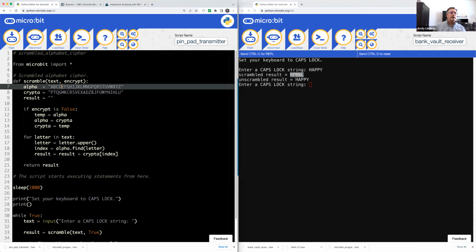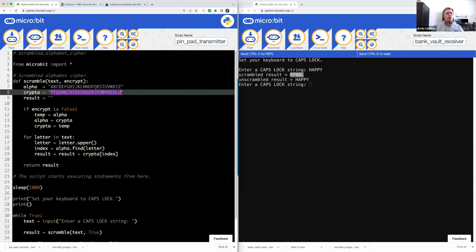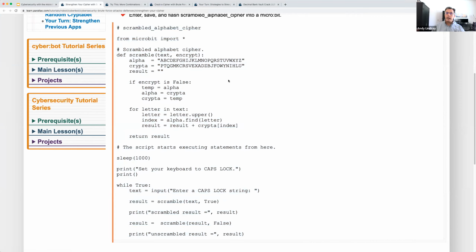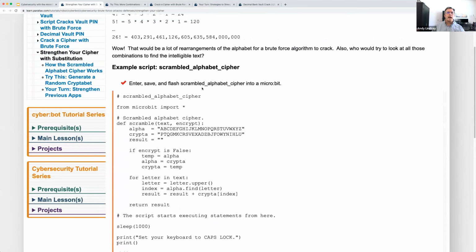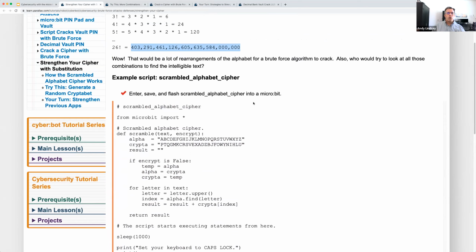Basically it goes and finds the letter H and gives you back R. Then it goes and finds the letter A and gives you back P. As far as pure brute force goes with this kind of encryption, it's not crackable by brute force,